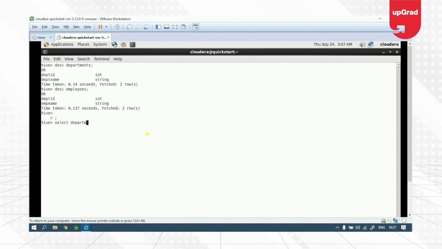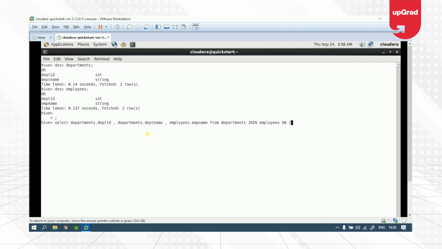You can call it an inner join for merging or combining two tables based on the common attribute, common column called department ID. So in this query, we are trying to fetch the department ID, the department name, employee name from departments, joining the employees tables on the common columns, department ID from departments, and matching it with department ID from employees table. Let us execute the following query, and here you can see that it is trying to convert